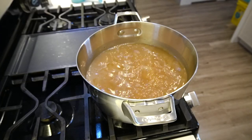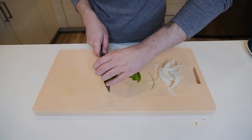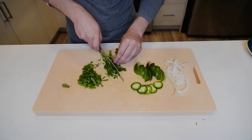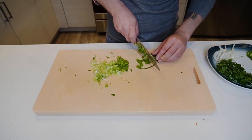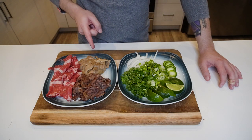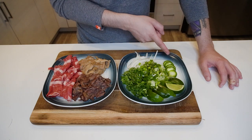Bring your broth back up to a boil and get some diced onions. Slice up some limes because vitamin C is delicious. Then get even more vitamin C by chopping up a jalapeno, or don't if you're chicken. Chop up cilantro or dish soap for some of you, as well as a green onion thinly sliced and diced. Keep that green part thick. I also bought some rare thinly sliced brisket from the store alongside our oxtail, tripe, cilantro, green onions, lime, jalapeno,